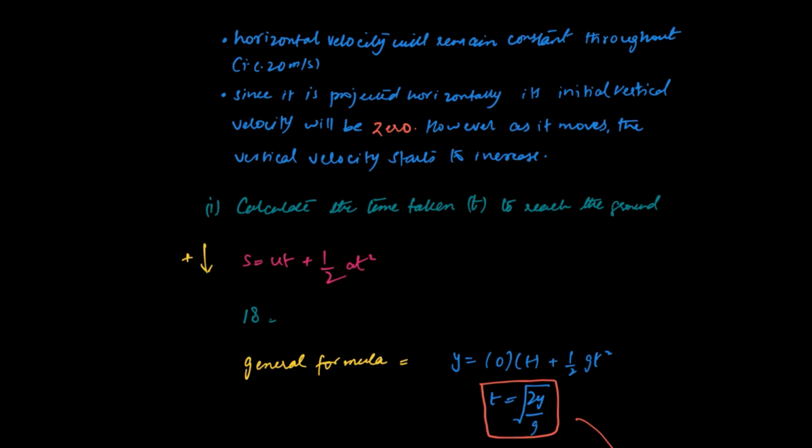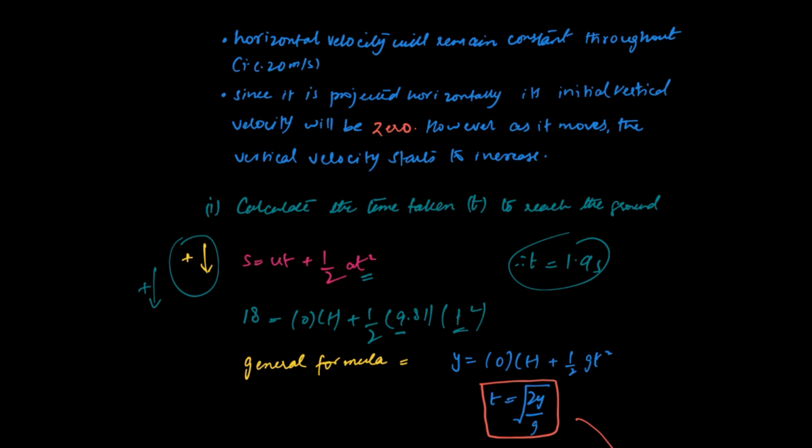So we could take just one of the planes, and I am taking the vertical plane because we know the values of the vertical plane in order to find the time taken. So 0 times t plus half of a, that would be 9.81, and because the sign convention says that downwards is positive, acceleration would be positive, times t squared. Make t the subject, so it becomes t equals 1.9